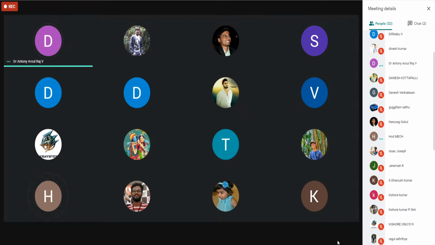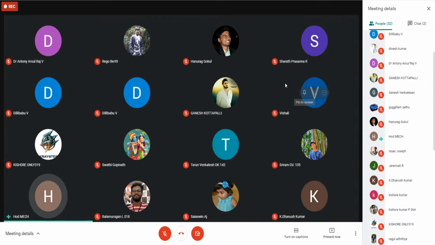So I thank the ISHRAE Chennai chapter for giving us this opportunity to host such a wonderful program. I thank the chief guest in the morning who joined us and all the resource persons who have given a wonderful session. All the participants would have benefited by and large from this program. I request Dr. Anthony to have many more programs like this, and Dilli Babu sir also, for the benefit of the student community as well as the faculty for their own development and benefit.